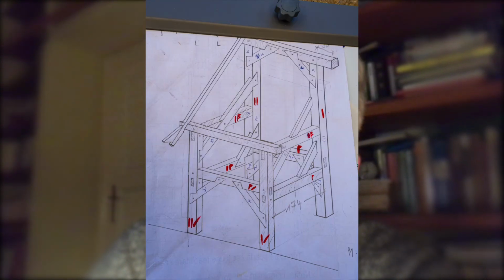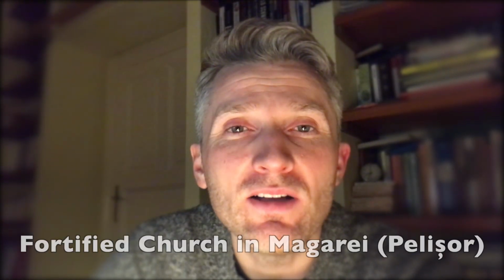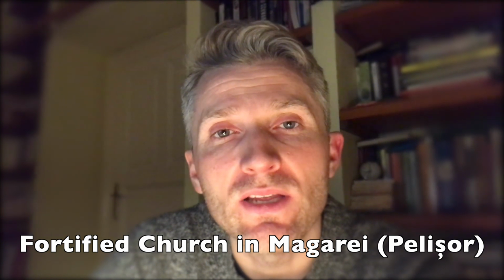Hey, this is a video diary of some work that we did, laying roof tiles on the scaffold, stairwell scaffold. It's not a stairwell yet. It's gonna be a stairwell, so right now it's just a scaffold to the clock tower at the Fortified Church in Magarei, also known as Pelişor in Romanian, the village where we've